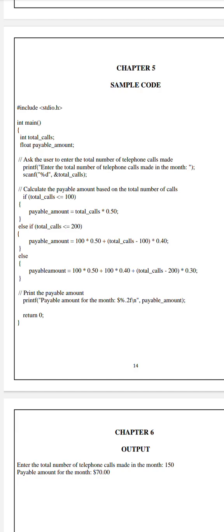We want to declare total calls and the payable amount, and then ask the user to enter the total number of telephone calls made. We write a printf of "enter the total number of telephone calls made in the month", and we use scanf with %d and total calls, and calculate the payable amount based on the total number of calls. According to the condition, we are using if else in this program, and if total